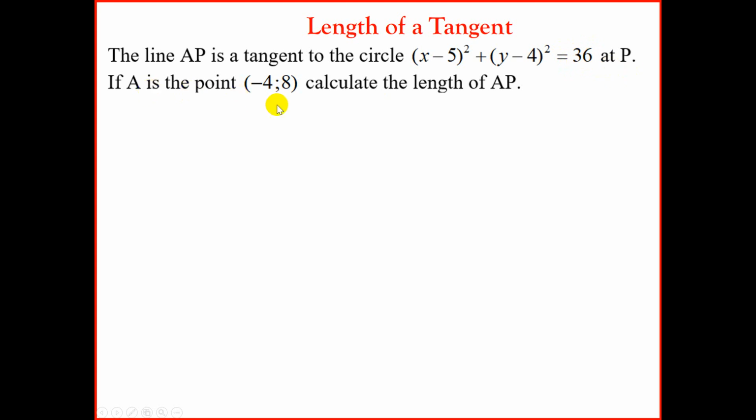At P, if A is a point, so we have a point on the circle, (−4, 8), calculate the length, which is the distance of AP. If we put this into a diagram to look at what is happening,